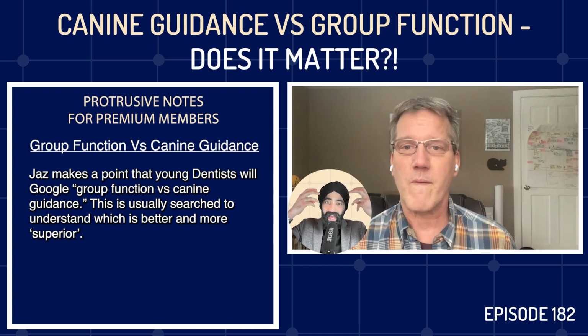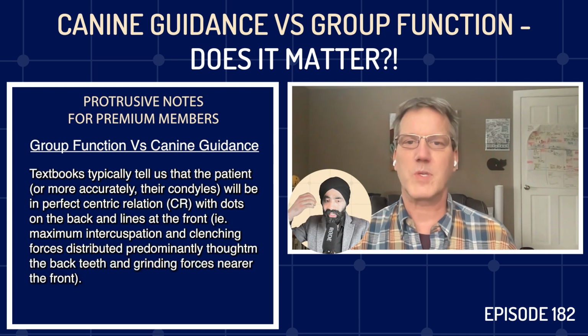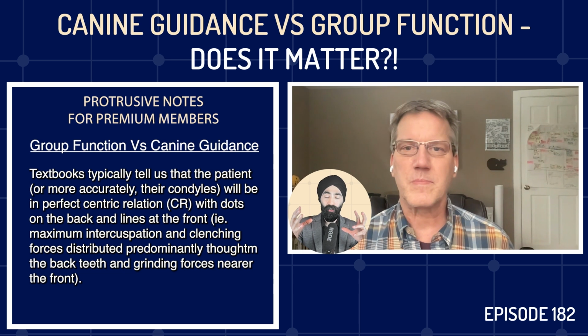They're just trying to get a grip with it, like which is superior. It's almost like a battle. And if you don't mind, I'm just going to share my own confusions when I qualified from dental school. You look at this textbook and you see the mutually protected occlusion, the dots at the